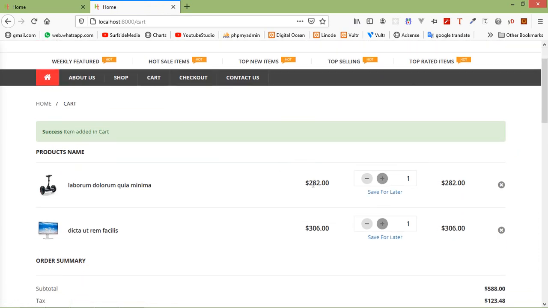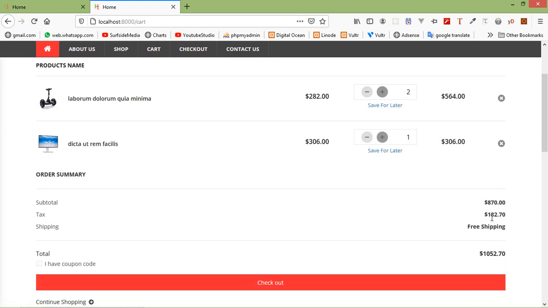Okay, and here I'm just increasing the number of products. So click on plus icon, and you can see here the cart subtotal is 870. Also increase this product, and now the subtotal value is $1176. Okay, this one.